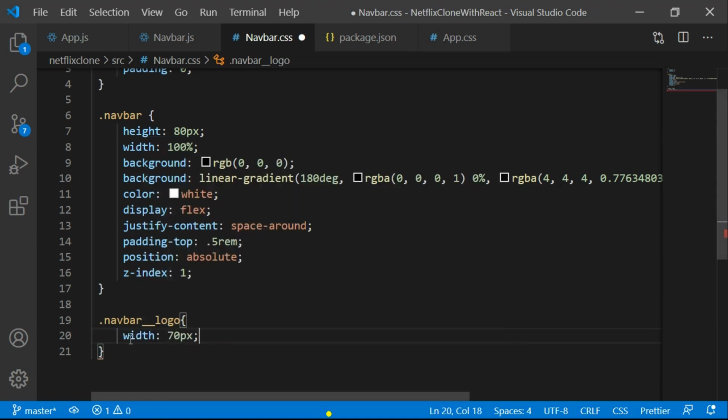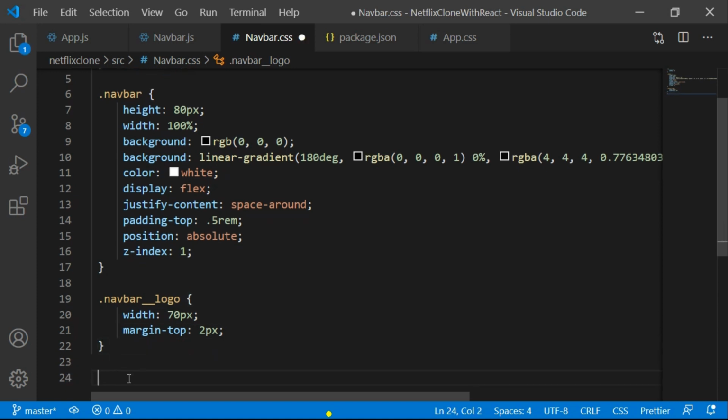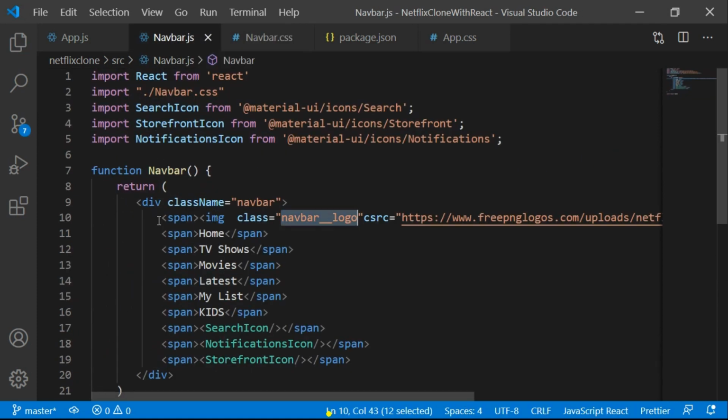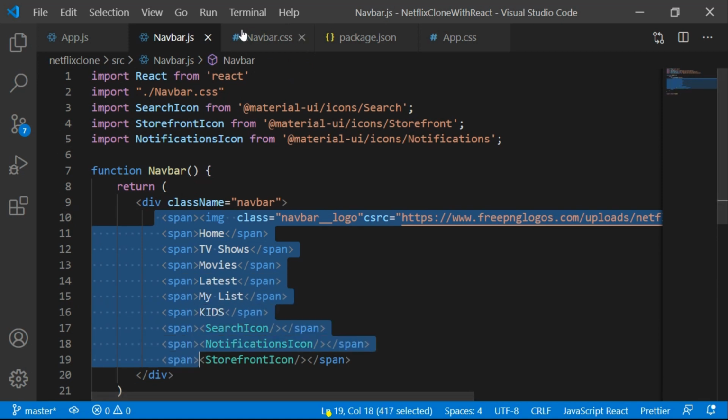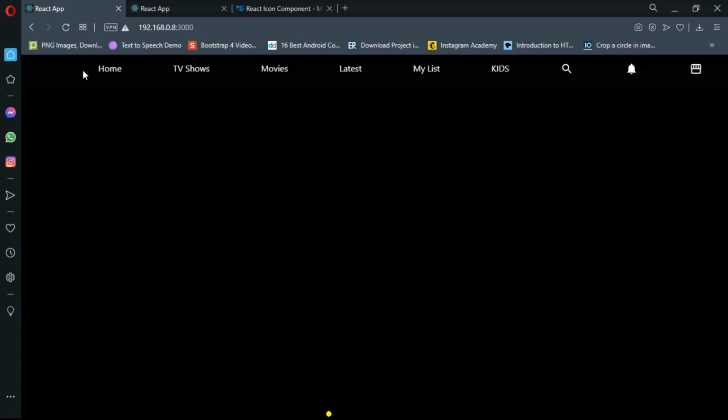Enough of this laziness. With this 100%, margin top is 2 pixels. Okay, let's add this neighbor dash span. We're targeting each and every span tag inside this neighbor class, which is margin of 5 pixel, transition 0.2 seconds, z-index as 12. So this is what we get, which is TV shows, movies, latest, my list, kids.